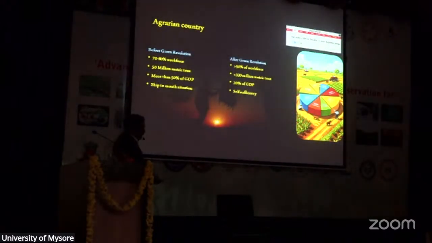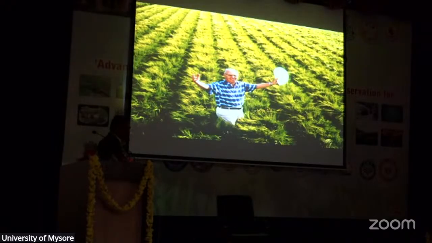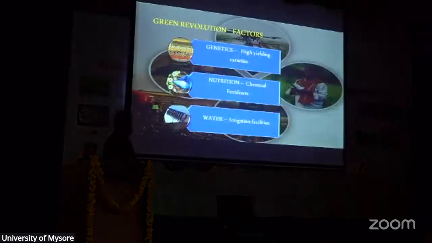India is a very agrarian country from the beginning and even now. Suppose we run short of food in our country, no other country can actually feed us. Actually, India has the power to feed all other countries, provided we maintain the productivity. This is the situation between the Green Revolution and after the Green Revolution. From 50 million metric tons, in 50 to 55 years, we have jumped more than 6 times. Growth is there in terms of production.